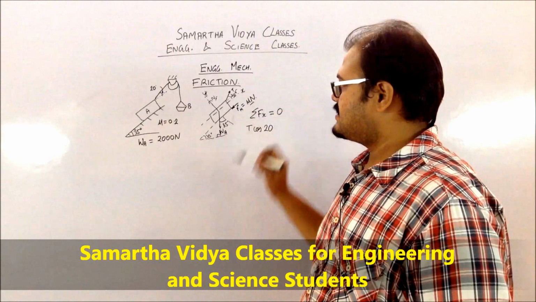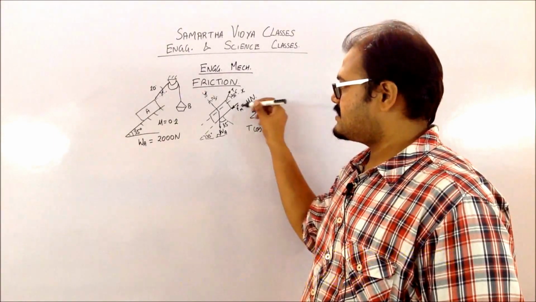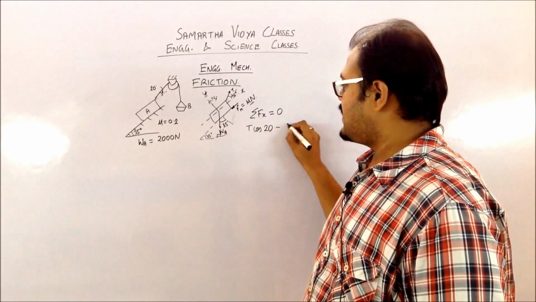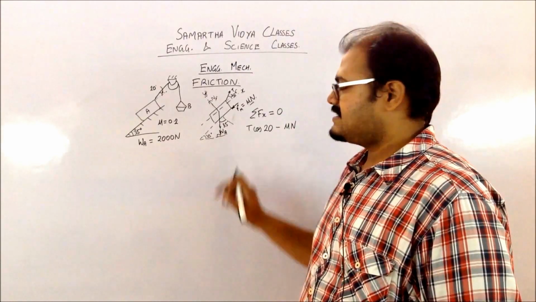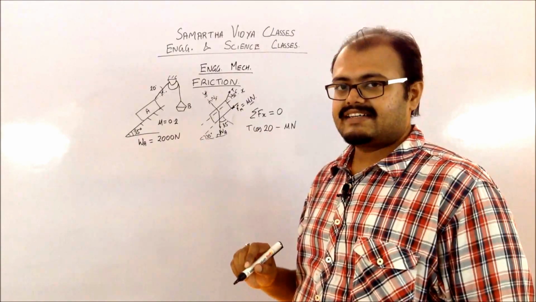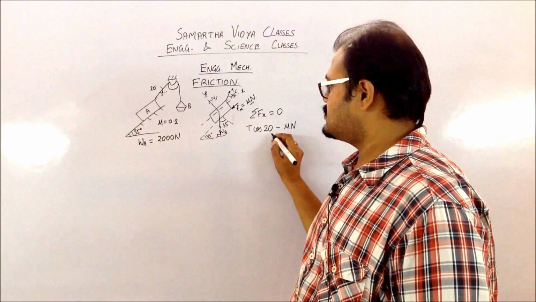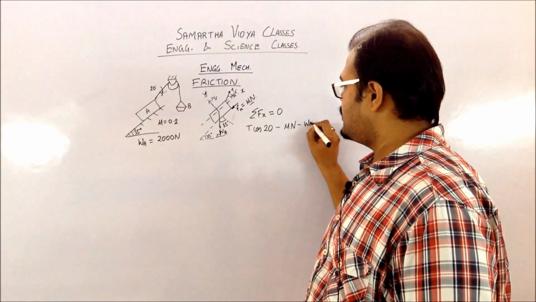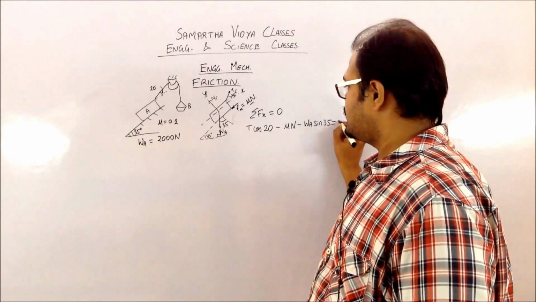You can see that your maximum frictional force in this case is going downwards, in the opposite direction to the positive x. So it's going to have a minus mu N. Then you can see that the weight is making an angle of 35 with the y axis, so you have to take the sine component for it. So it will also be a minus WA sine 35, which is equal to 0.